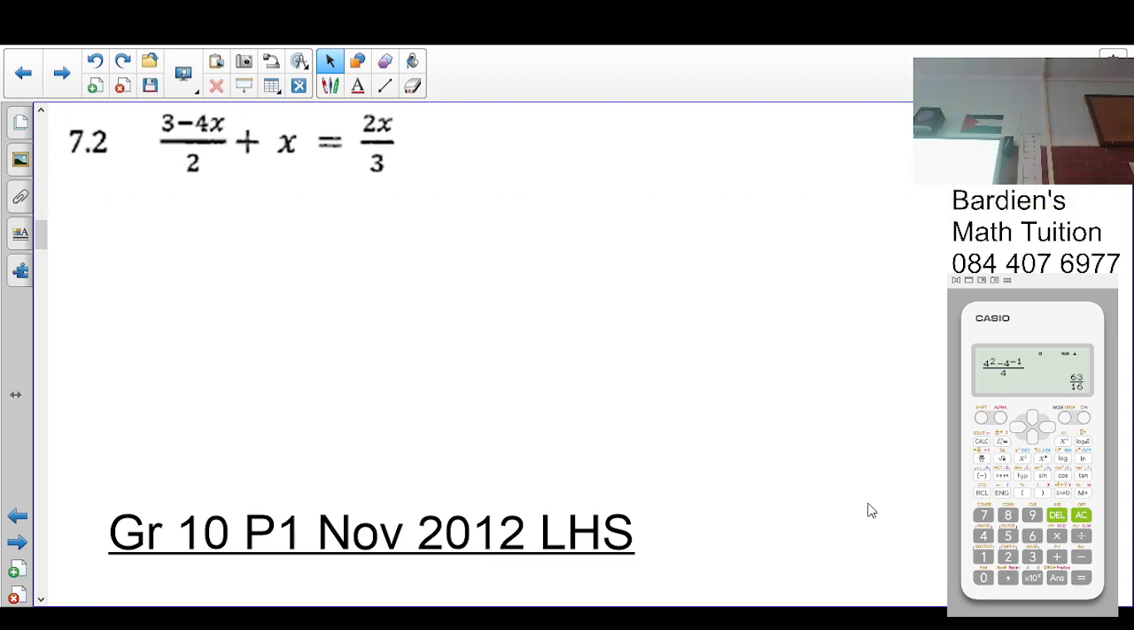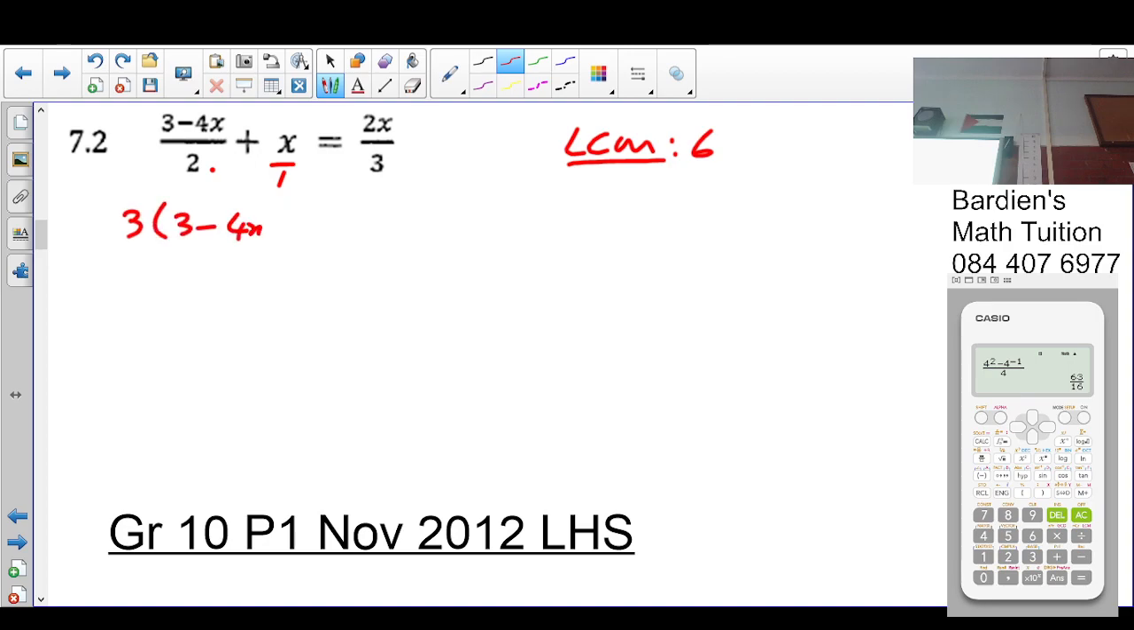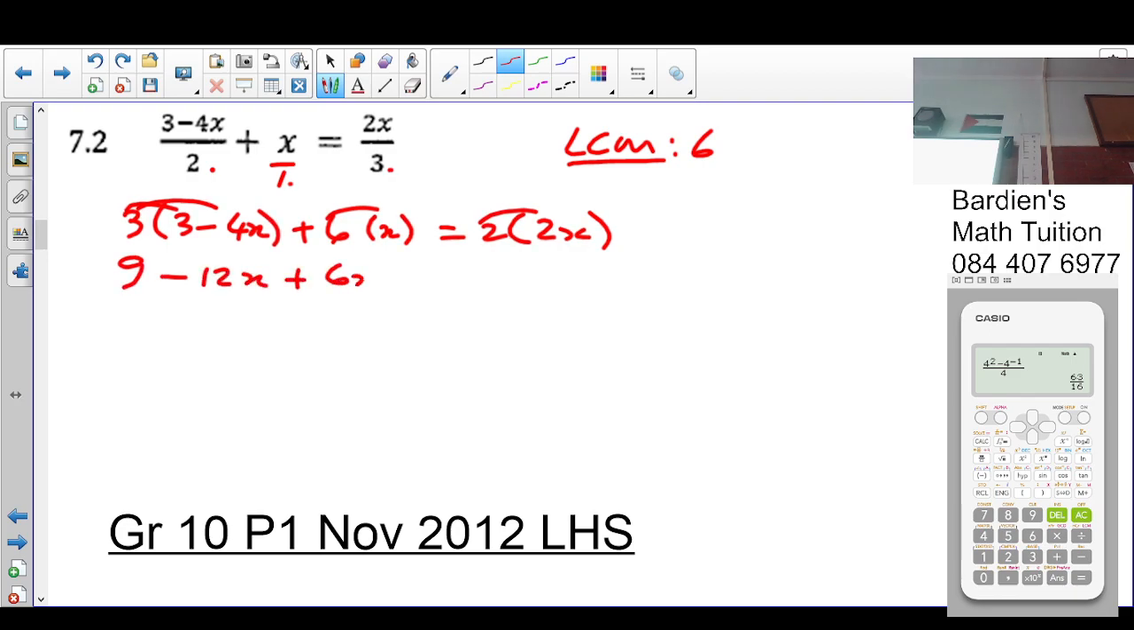Seven point two. What's your LCM here? LCM is 6. Now I drop my denominator. So I just multiply that by 3. So it's 3 into 3 minus 4x. Plus, this will multiply by 6. So 6 into x. Equal. That will multiply by 2. So it's 2 into 2x. Is it in the brackets? So that will give us 9 minus 12x plus 6x equals